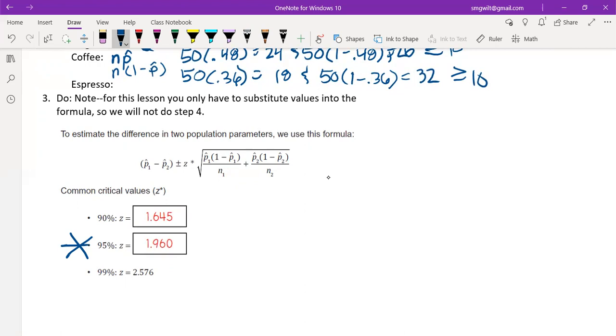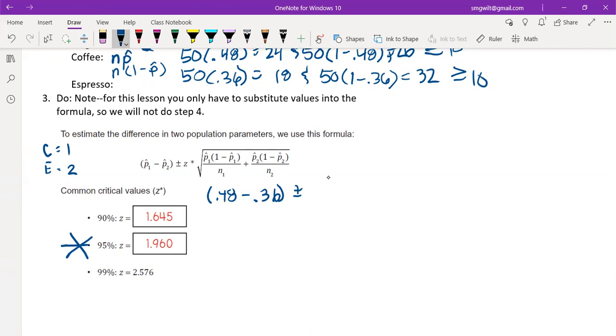So all we're doing is plugging into this formula. We're not going to actually simplify. Coffee is going to be 1 and espresso is going to be 2, the way that we set up the problem. So we're just plugging in those p hats, those n's, and that new z star. So our equation is: p hat 1 is 0.48 minus the second p hat, 0.36, plus or minus our critical